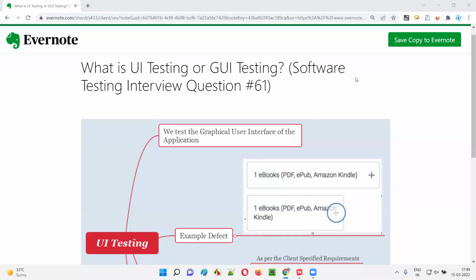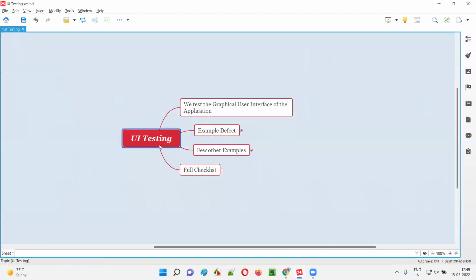In this session, I am going to answer software testing interview question 61. That is, what is UI testing or GUI testing? Let me answer. In UI testing or GUI testing, we test the user interface or graphical user interface of an